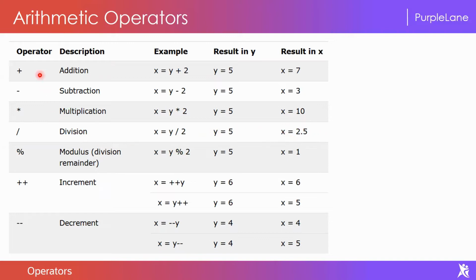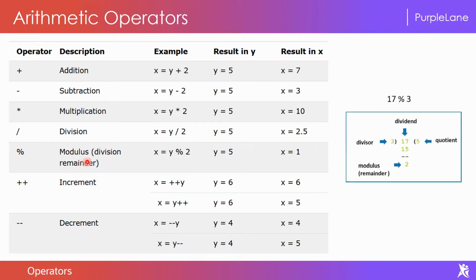So till here it is very common. But there are three that are special in JavaScript: the modulo operator, the increment operator, and the decrement operator. Let's look at the modulo operator first. We call this the modulus or modulo operator. It is used to extract the remainder in a division.